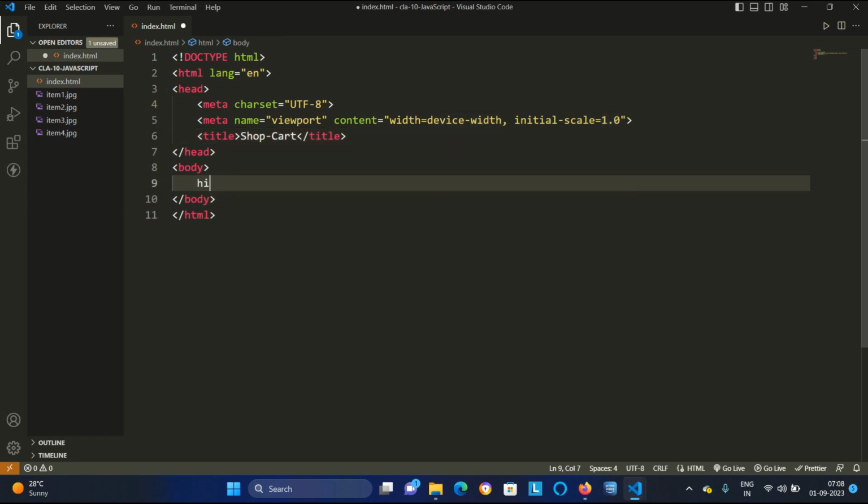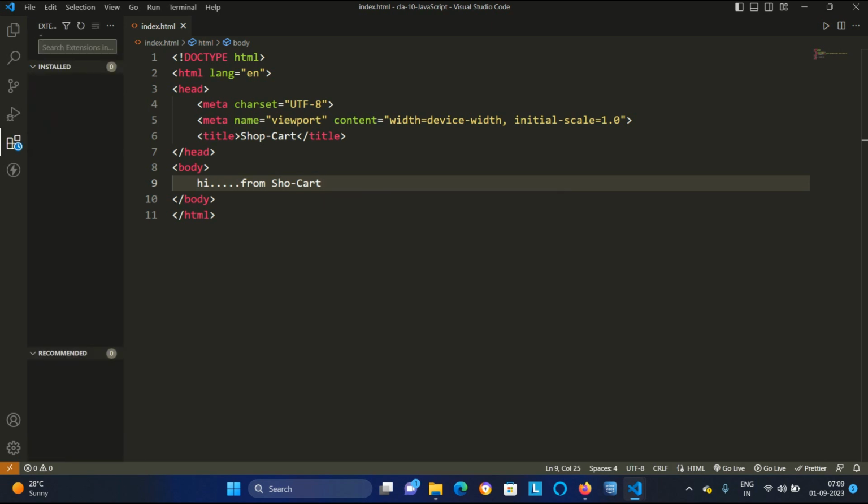In the body you write, hi from shop cart. Just save it. One more thing, go to this extension, the fourth option, where you will get the squares. That is the extension.